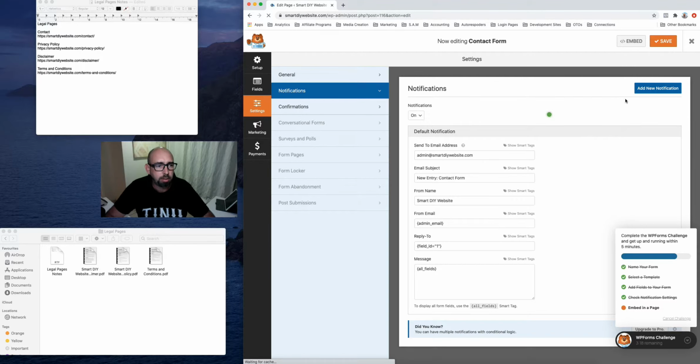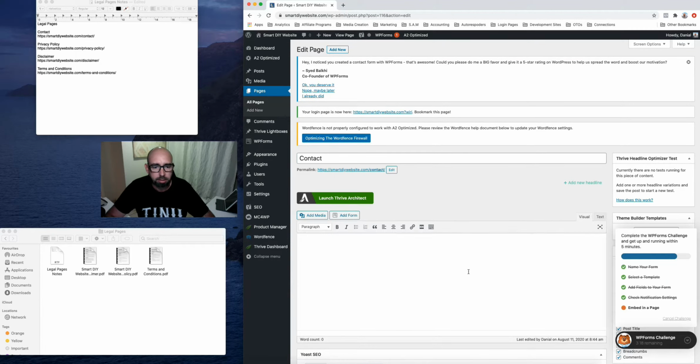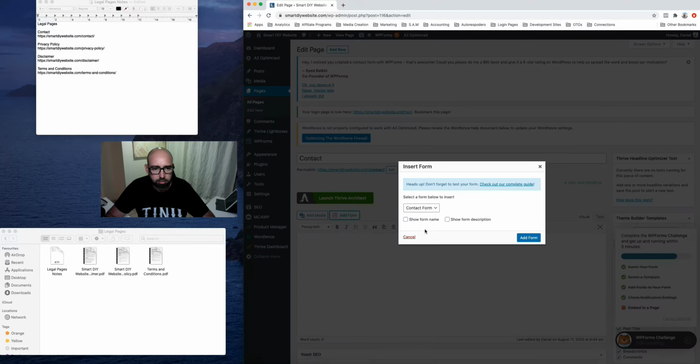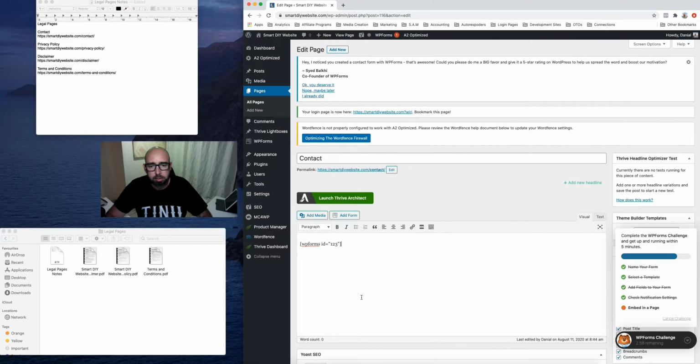And now we can embed it in our contact page. Oh, hang on a second. There it is there. Add form. This isn't really going to work for us like this because we're going to use a different landing page set up on this. So this is going to be our form ID. So I'm going to copy this,